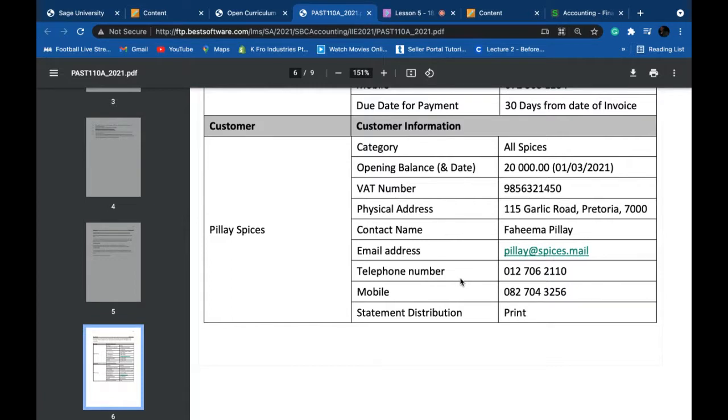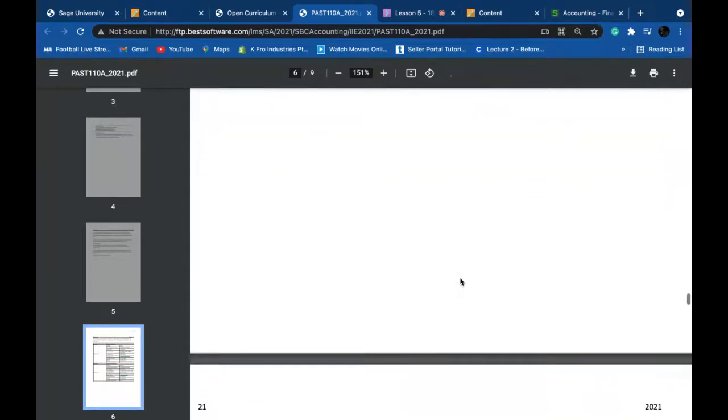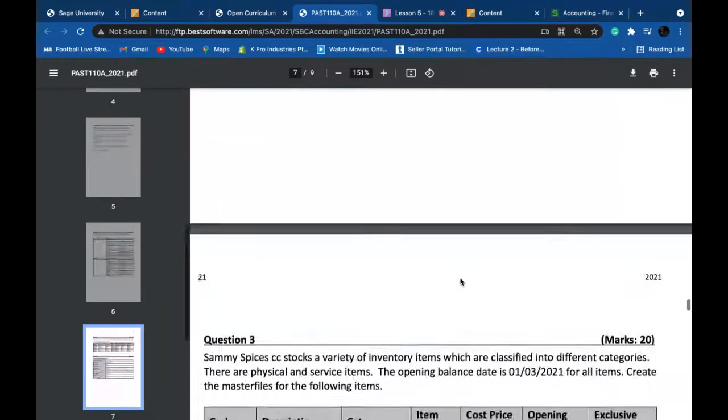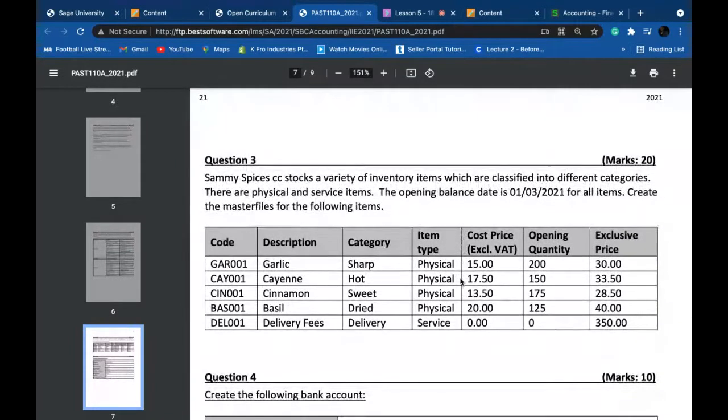Right, and then also here now they're just asking for you to, what's this? Create a customer. Okay. And I think after today you'll see how simple it is. Then here,